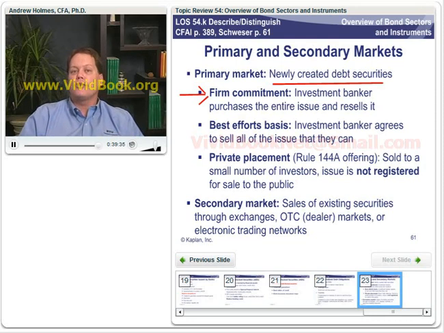Okay, we could also do it on a best efforts basis, which means that the investment banker says, here, we think we can sell it at this price, but we're not going to be the ones that take the risk if it doesn't all sell. The last is called a private placement, or a Rule 144A offering in the United States, where we're going to sell an issue of securities to a fairly small number of investors, okay, and where those investors may meet certain qualifications. And this is something that does not have to be registered and vetted through the SEC. It has to be a notification process, but it's a much streamlined process from a regulatory point of view.